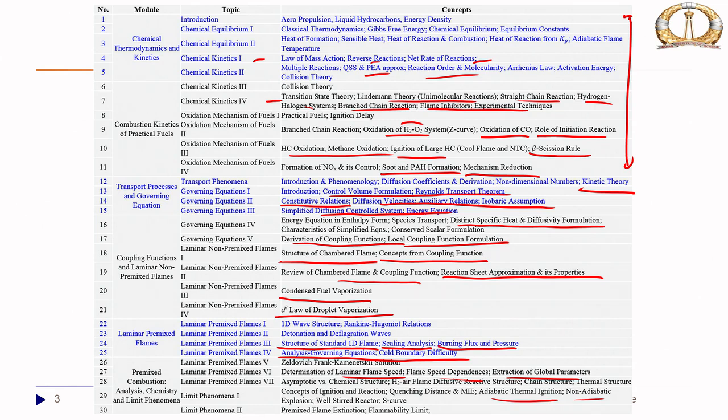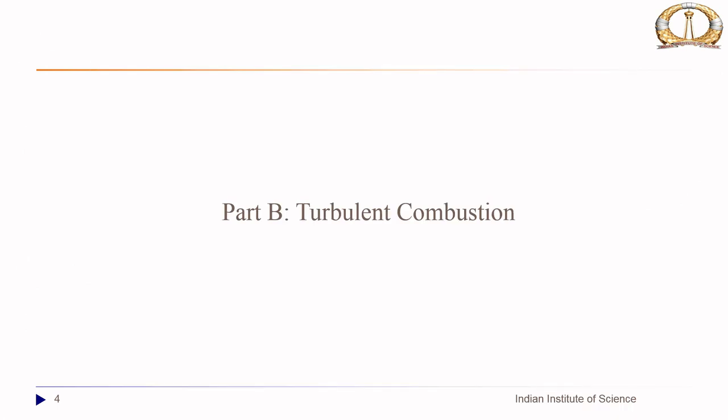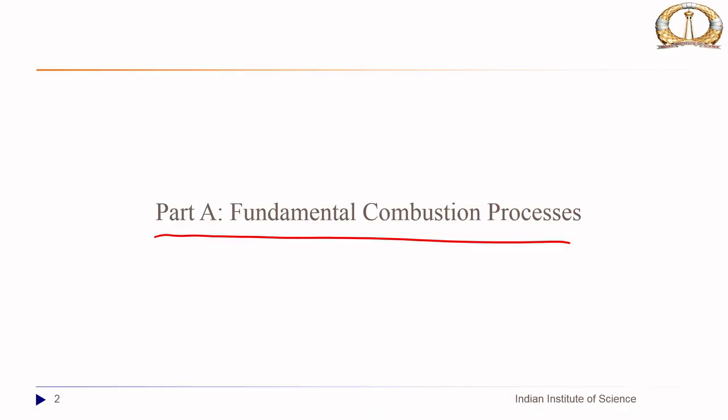in temperature. And then we looked into the well-stirred reactor and the S curve and the different ignition and extinction points at different Damköhler numbers. Then we looked into the limit phenomena, premixed flame extinction, how it extinguishes, and the flammability limits. So with this, our concepts of this fundamental combustion process were done, and then we were in a